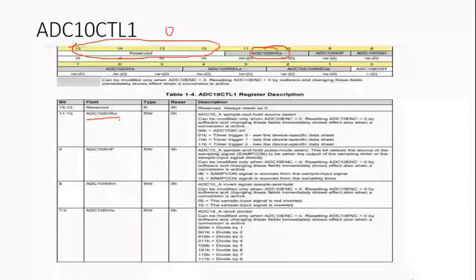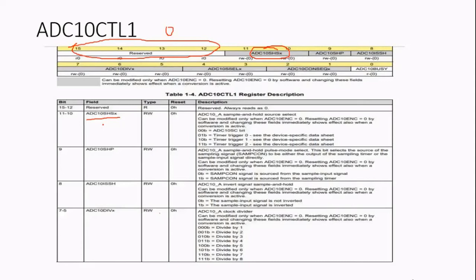So this is of 2 bit. So what is the meaning? ADC 10 sample and hold source select. In that you can see that there are 4 options you have: ADC 10SC bit, timer 0, timer 1, timer 2. Go to the block diagram section and you can check that